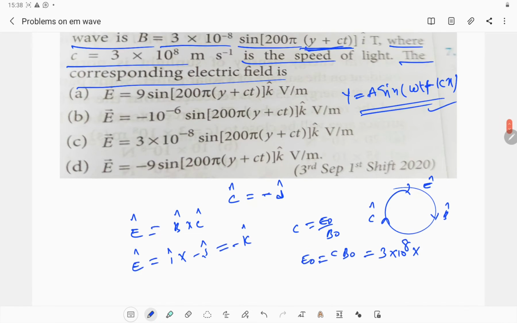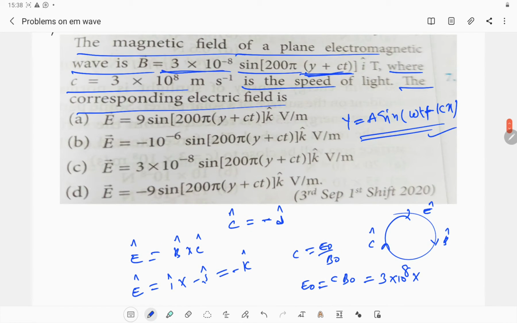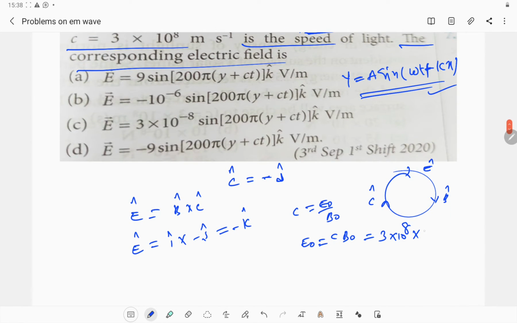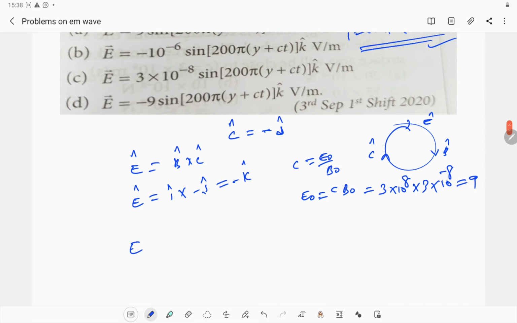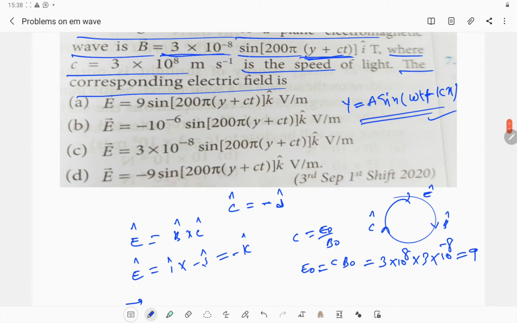B naught is the amplitude of the magnetic field. This is given as 3 into 10 to the power of minus 8. This becomes 9. Therefore, now E bar, its magnitude is 9, and here this is given as